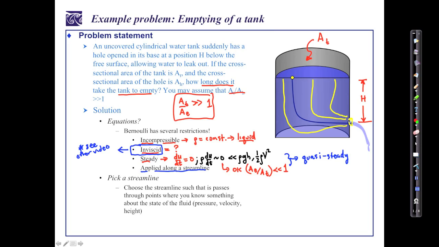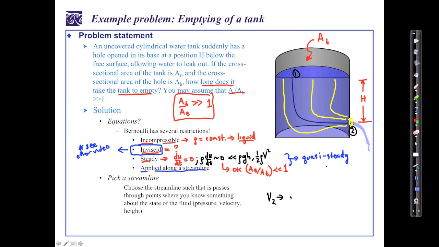So this streamline will start at point 1 there, and then we'll travel along that path at this one instant in time and compare that to the point at the exit and look at the energetics between those 2 points. And at this exit point, we also know what the pressure is. Now, what we're really looking for here is the velocity. So we'll call this here point 1, and this here point 2 at our exit. And what we'd like to do is, if we could find the velocity at the exit,